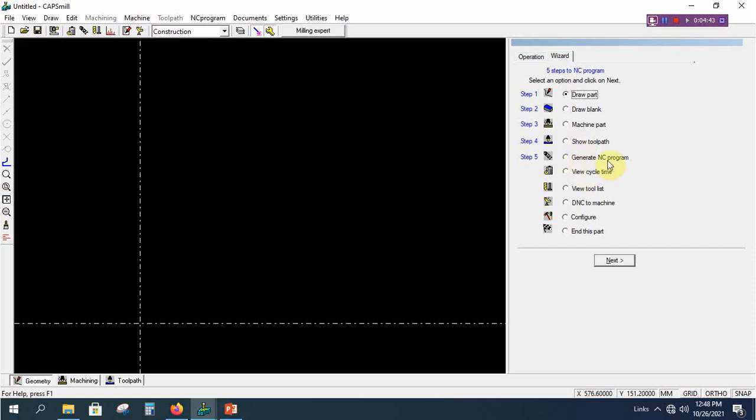Last one is generating the NC coding, the NC program. If you want to see the cycle time, we can view. Tools list also we can view. Now we are going to create the